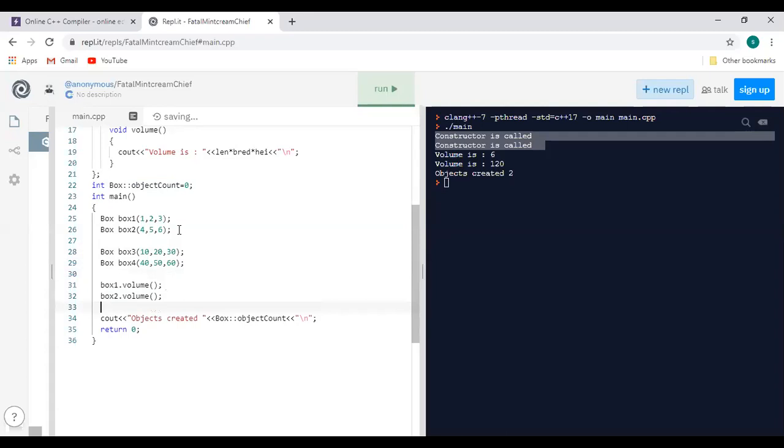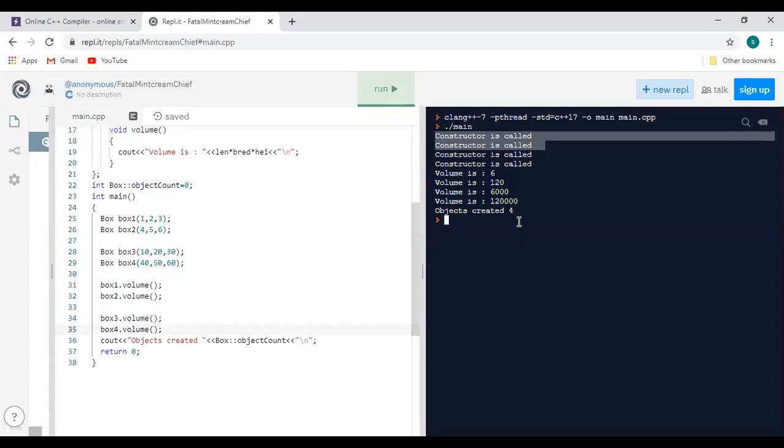And display the volume for box3 and box4. Now what will happen? What is the output? Last one, objects created: 4. Four different objects are created, guys. So I will execute this code. Yes, guys, objects created is 4.